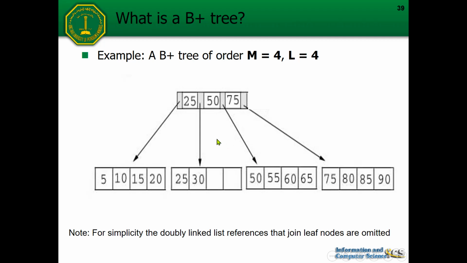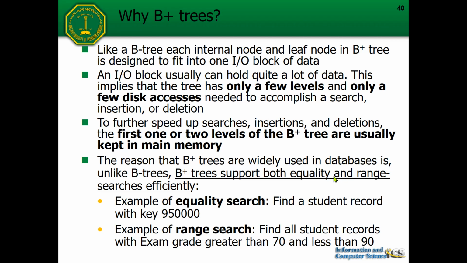And also, you can see that for this case, the keys in the root are actually from the smallest key in the right child. 25 is borrowed from here, 50 from here, and 75 from this position. So even though the root doesn't necessarily need to contain the keys from the smallest key in the right child, it actually can borrow that key. But it doesn't necessarily need to follow this kind of rule. Only internal nodes should follow this rule.